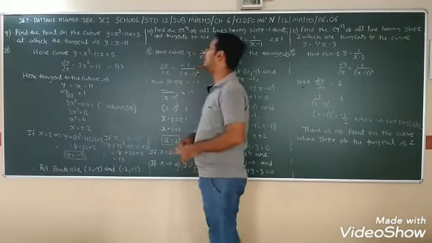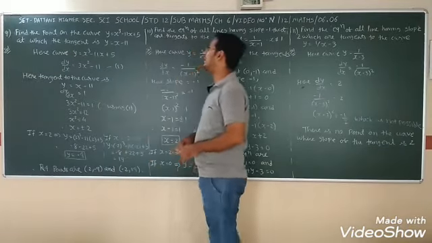If we take the derivative with respect to x, we get the slope. dy by dx is equal to x gives 1, 11 gives 0. So dy by dx is equal to 1. Here dy by dx is equal to 3x square minus 11. So we put it here: 3x square minus 11 is equal to 1, using equation number 1. Minus 11 on this side becomes positive, so 3x square is equal to 12, so x square is equal to 4, so x is equal to plus or minus 2. So we get the values of x, plus 2 and minus 2. Using those values we find the value of y.